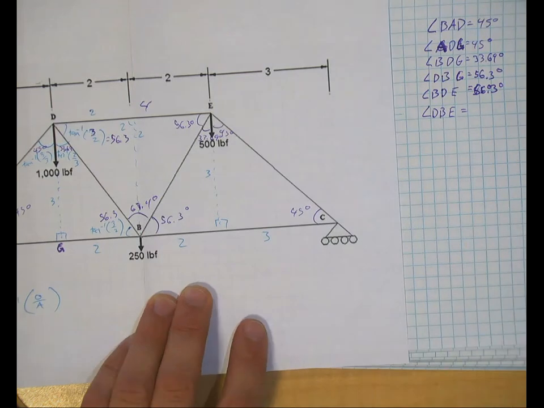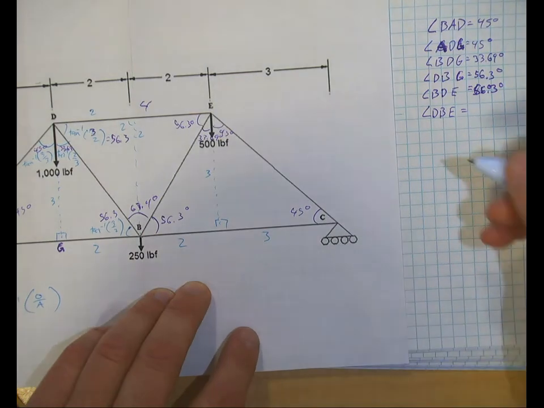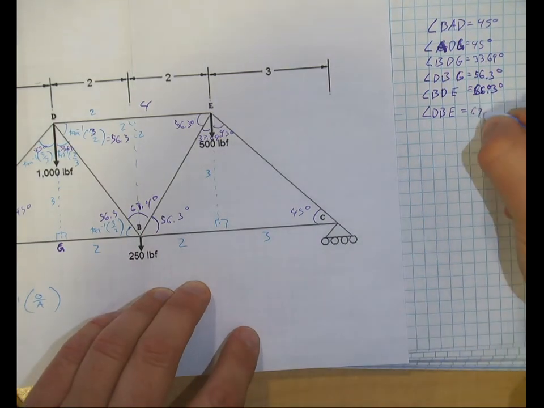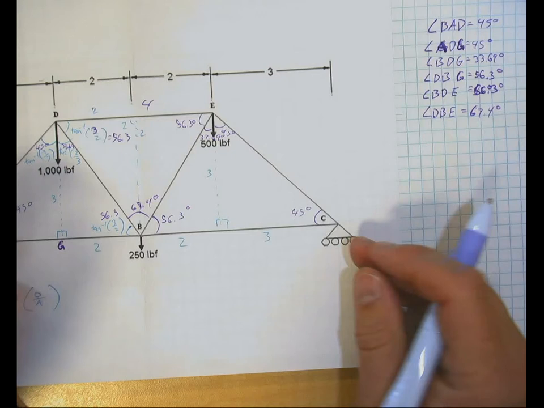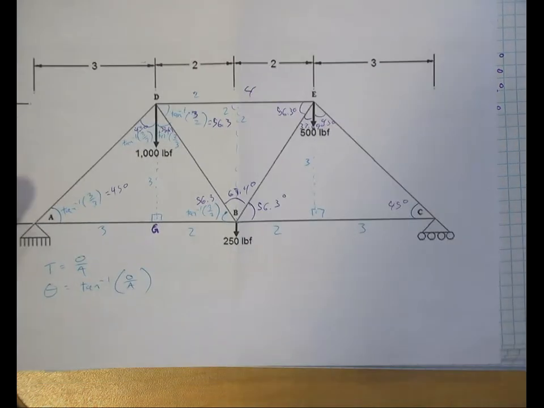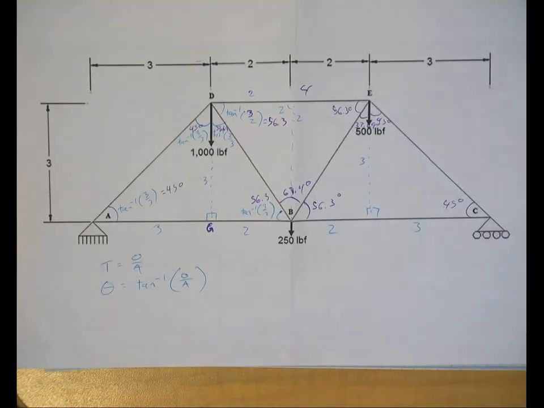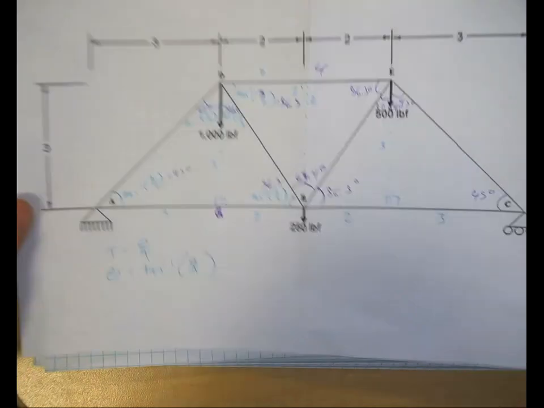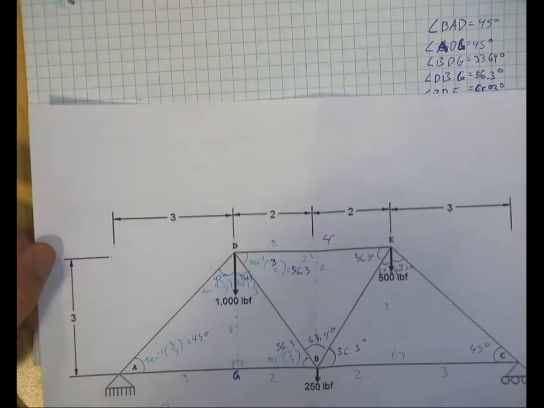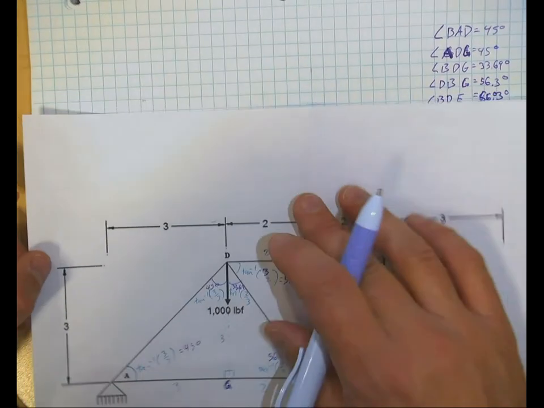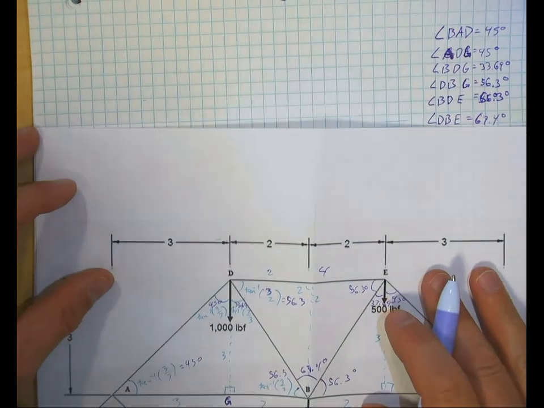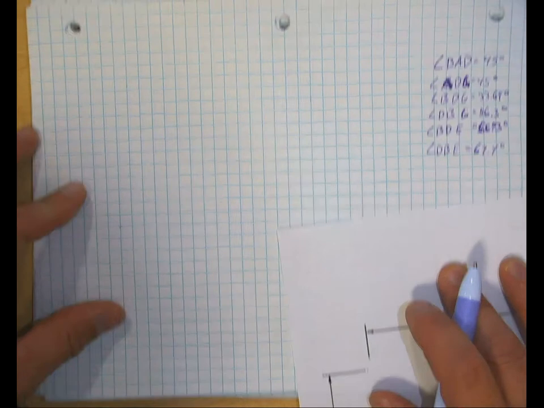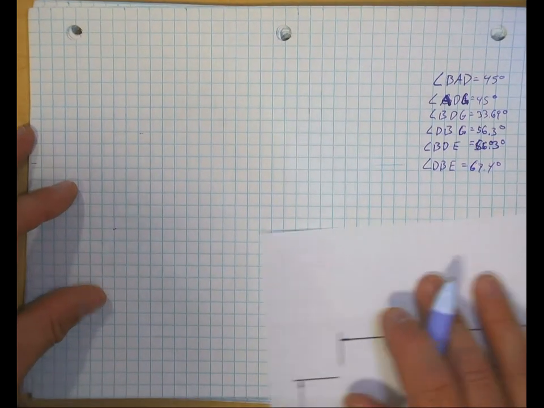Okay, so at this point we have all of our angles figured out. So I'm just going to go ahead and keep recording them. 67.4 degrees. Okay, so now we're going to go ahead and figure out the moments. We know that our equation for moments has to be the sum of